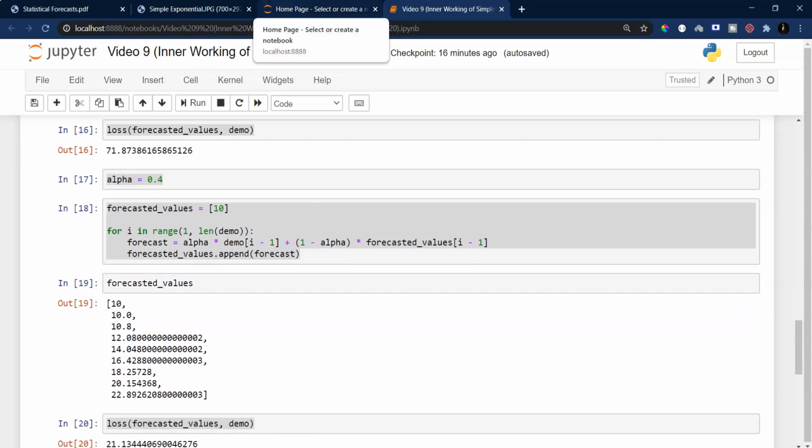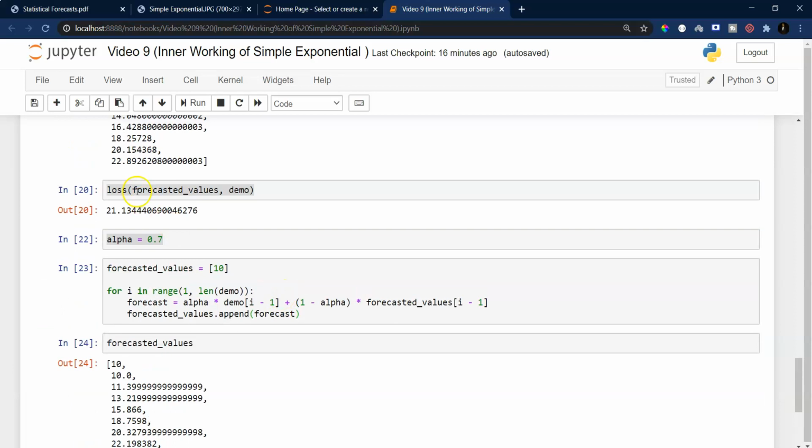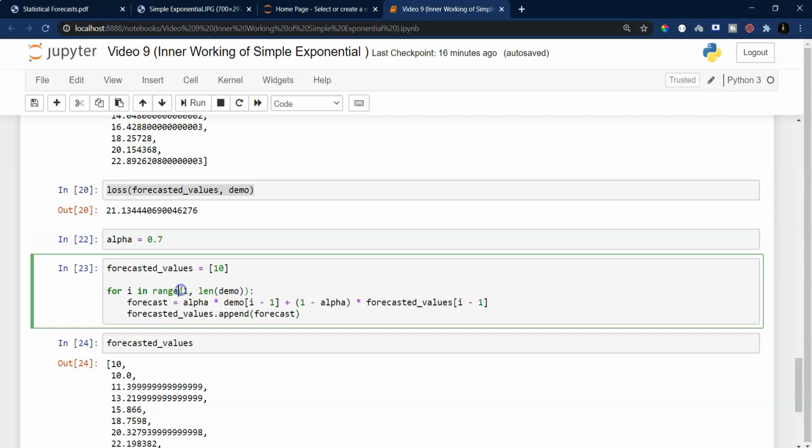Now if I talk about double and triple exponential smoothing methods, the number of hyperparameters in those methods increases. Like in the double exponential smoothing method, along with alpha, we also have one more hyperparameter called beta. So in that case, this search becomes a little bit difficult because we now have to take care of two values, alpha and at the same time beta. If you are talking about triple, then there is one more hyperparameter called gamma.